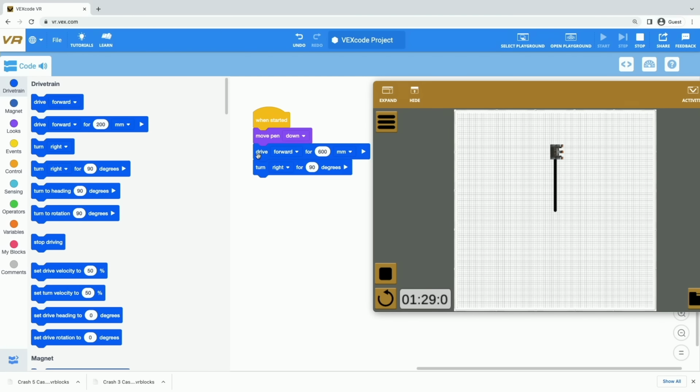So what you can do is right-click on the top of the stack of blocks that you want to duplicate. You're going to get these menu options that open up for you, and then just select Duplicate. And it is going to duplicate all the blocks below the block you clicked. So look at that. Really quick, I've got another Drive For and Turn For block just like the ones I had before, and I can add them to my stack. Now let's run the project and see what we're drawing.